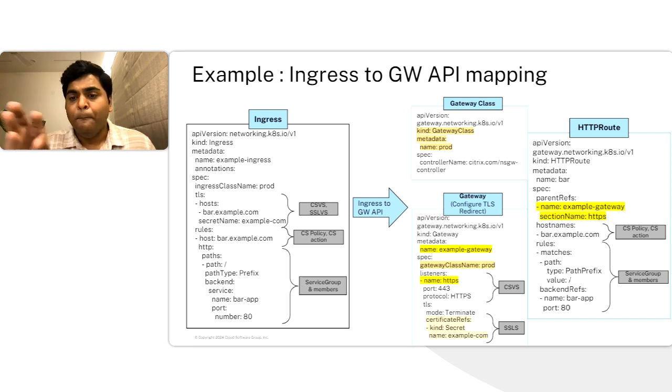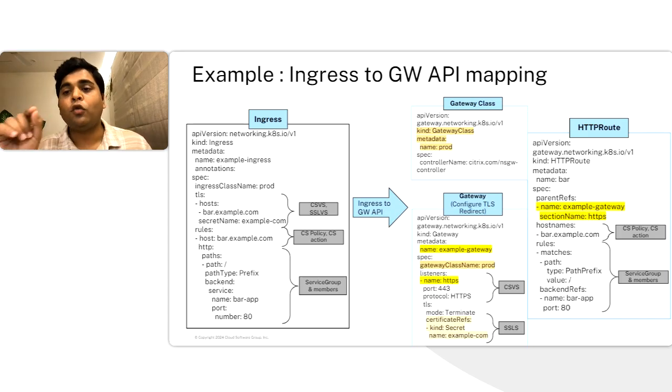If you have to map to the Gateway API implementation, you would mainly need three entities, which will be owned by three different personas. First is a gateway class, where you would mention the controller name, like NetScaler has the NetScaler Kubernetes Gateway API controller. While deploying that, we have to ensure that the gateway class matches that name. Functionality-wise, Ingress also had the Ingress class name that has to be matched. That they have simplified and created a separate manifest file for that.